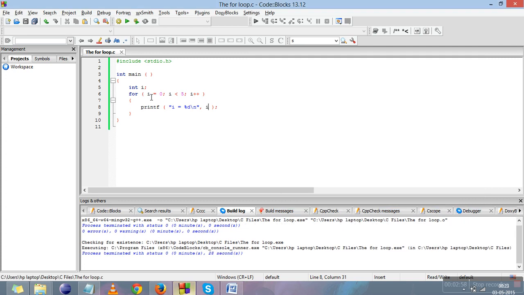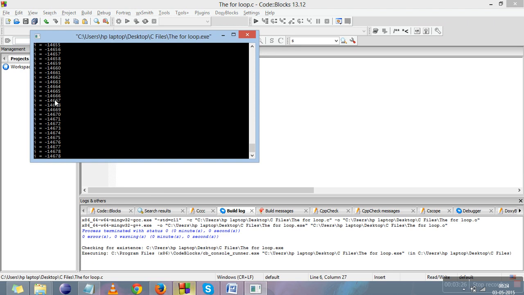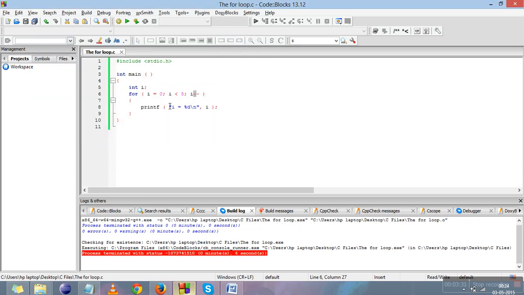And now we'll talk about the infinite for loop. There are two ways to make an infinite for loop. One is that the condition should be always true. So if I keep the condition I less than 5 and make it a decrement over here, how will this work: I is equal to 0, 0 less than 5, minus 1, so this keeps on decreasing, then the loop will work infinitely. Let me check the output. You see the loop is working infinitely, it will not stop. So this is how you can make the loop infinite, by making the condition always true.